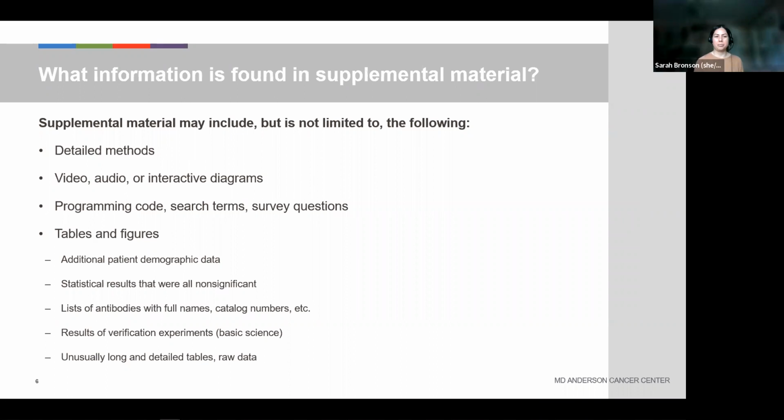Now we're going to go over some examples of all the different types of things that you might find in the supplements. Some journals may want your methods section to be entirely presented in the form of a supplement, or they may want you to have a basic methods section and then the full methods details provided in a supplement. And I noticed that a number of people had used supplements to provide video, audio, or interactive diagrams, and